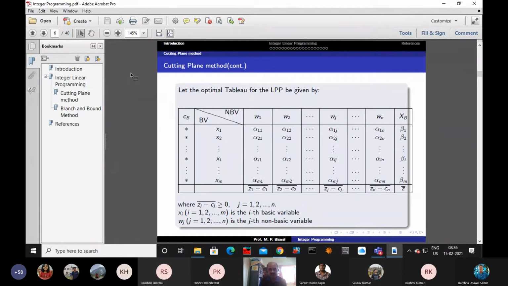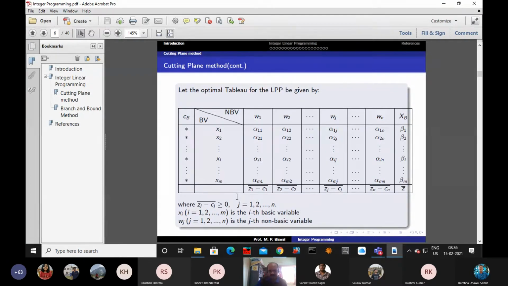There are say m number of slack variables, n number of actual variables, altogether m plus n number of variables. The slack variables are basic variables. This table is made for a problem having a maximization type objective function. The constants are all less than or equal type. The right hand side b1, b2 up to bm are non-negative, and so all the constants are less than or equal type. With respect to the less than or equal type, we include slack variables.